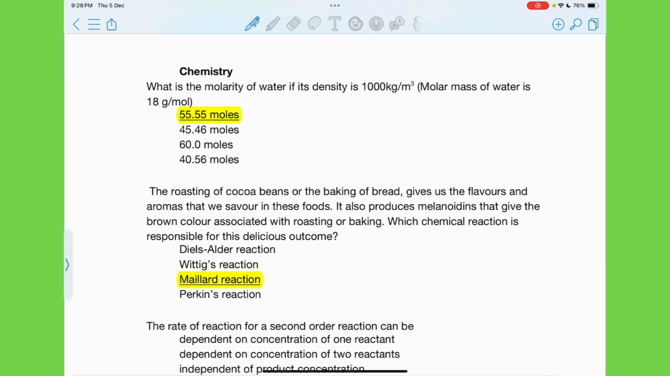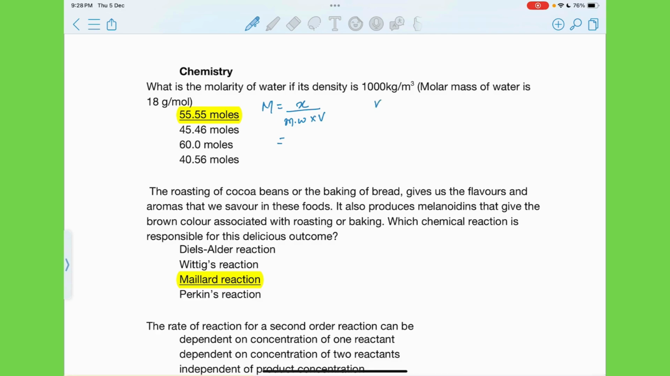So let's get started with the chemistry section now. So the first question says, what is the molarity of water if its density is 1000 kg per meter cube? Molar mass of water is 18 gram per mole. Okay, so we know that the molarity will be equal to, say the amount is X upon the molar weight into the volume. So here